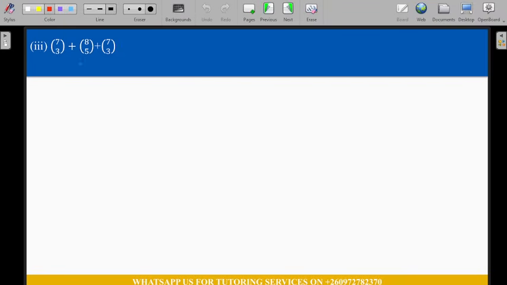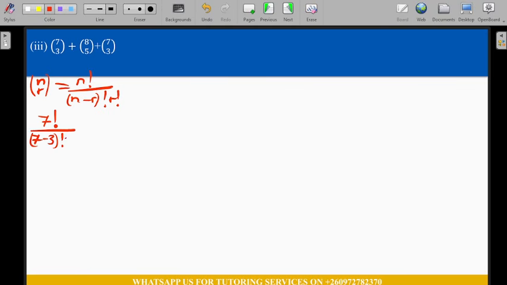Then moving to the third one, where we have three combinations, we have to express them still in the form n combine r. So by now you know to say the general formula that we are using is n combine r, which is equal to n factorial over n minus r factorial r factorial. So we'll start with 7 combine 3. So it will be 7 factorial over now 7 minus 3